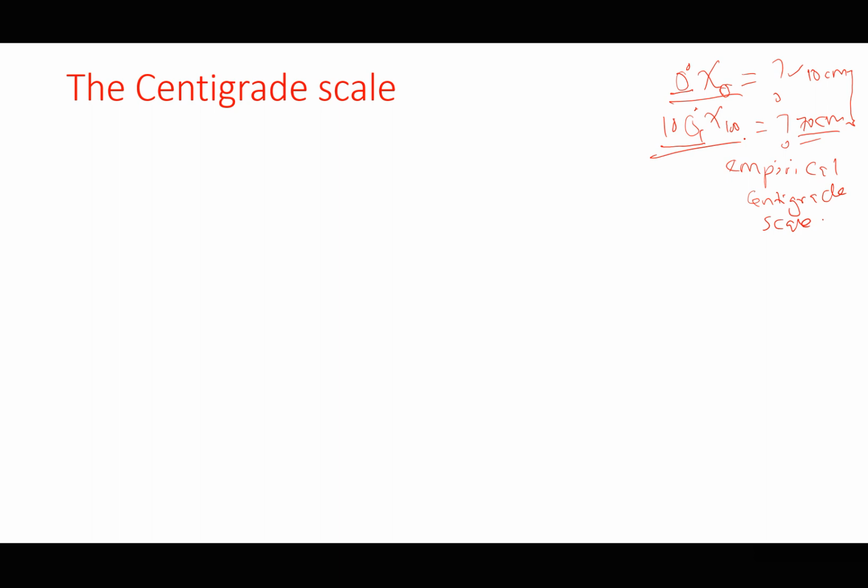The only thing is that these two points can be reproduced several times. In fact, if you are very observant, you realize that these two points may not really be very much fixed, because they can change if the pressure changes or if the material is not pure. If water is impure,